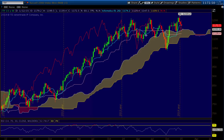This is a big picture of the Russell. You notice it's in basically a big flag pattern, holding the support of the cloud here until it lost support, went all the way down, tested the bottom of the cloud, bounced back into the cloud, back over the cloud, flagged for a bit, tested the cloud here, tested the Tenkan-sen here, very nice buy signal here, I think I pointed out a few weeks ago, came up, made a new high,